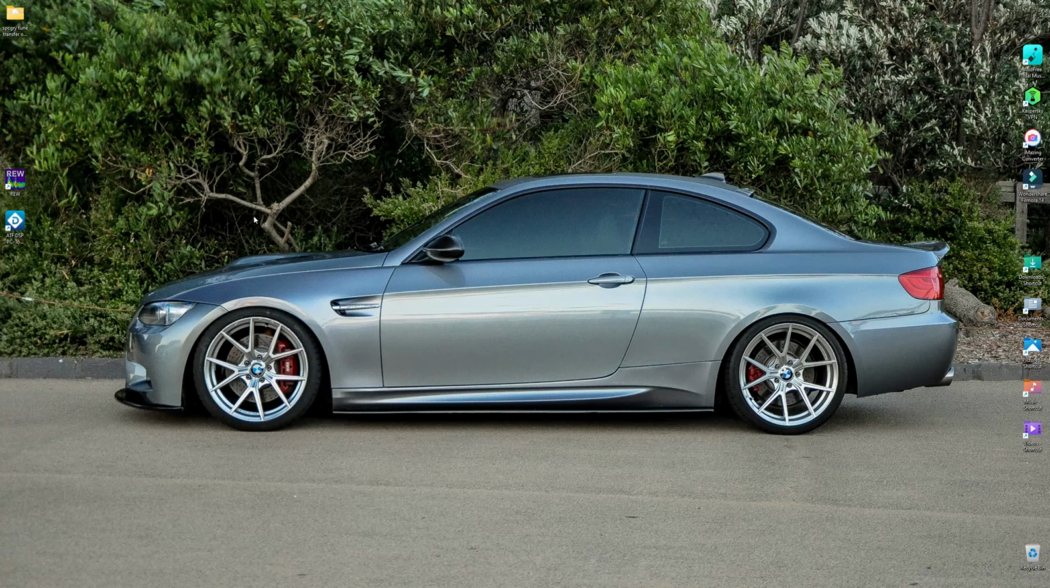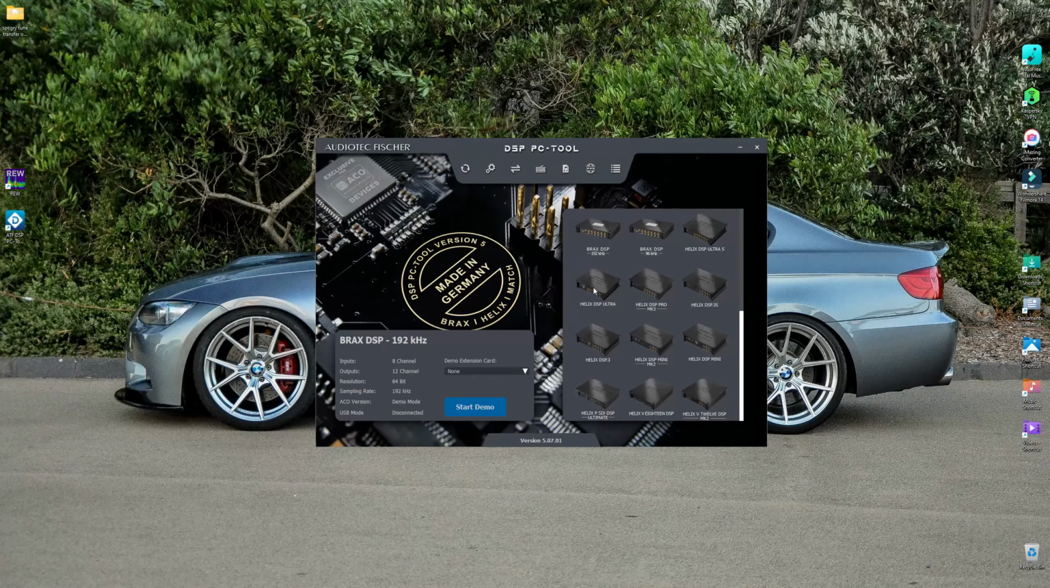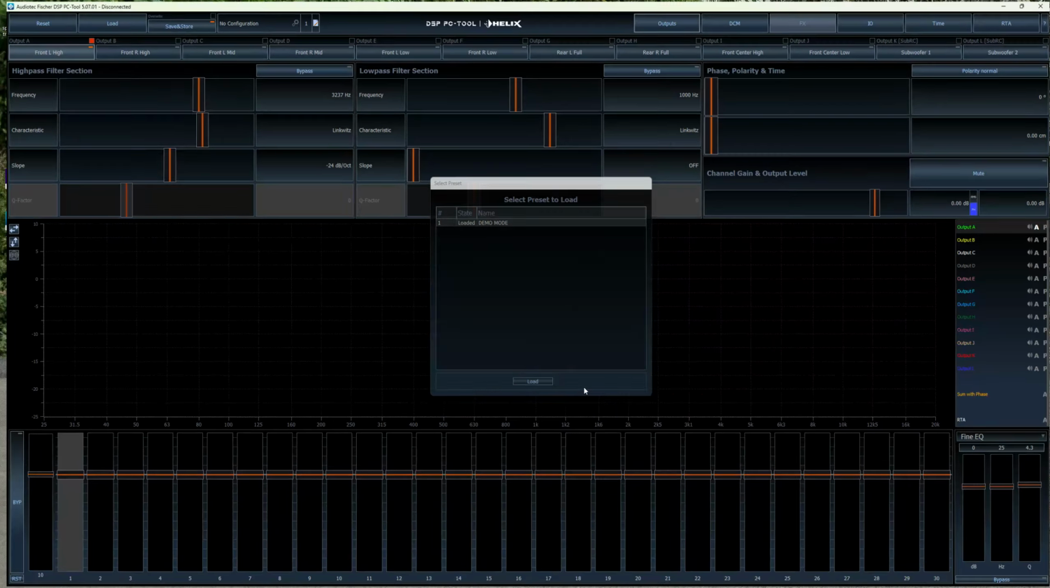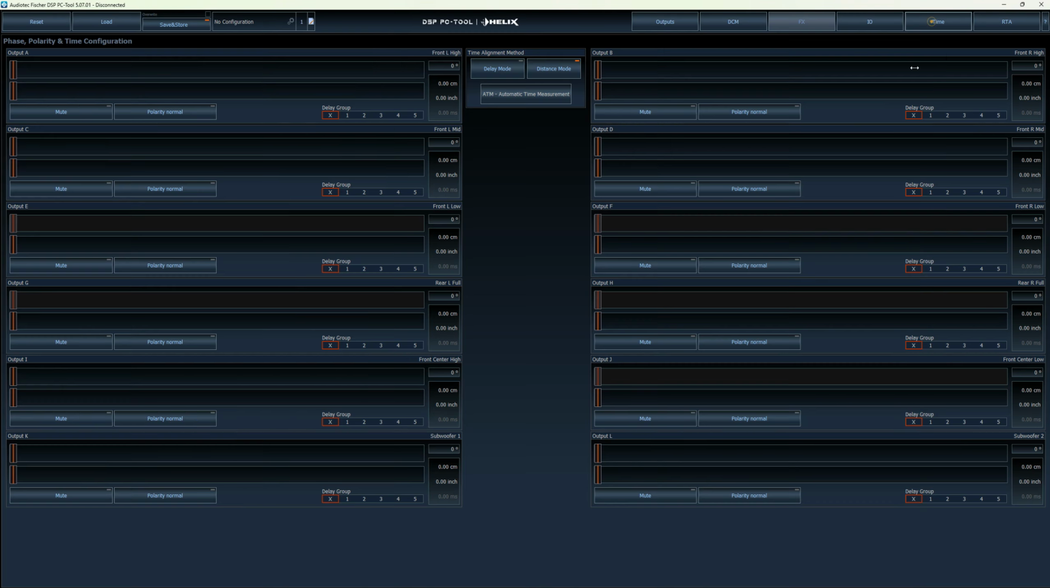Let me explain why. So let's go open up the software. I'm running the DSP Ultra, so pick the model that applies to you. I'm also running the Bluetooth card, so we can start the demo. Now, it doesn't matter whether you use virtual channel processing or not. It doesn't change the result in the time alignment tab. So I'm going to say no to this, and then we're going to go up here to the time alignment